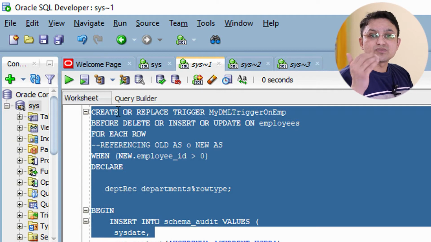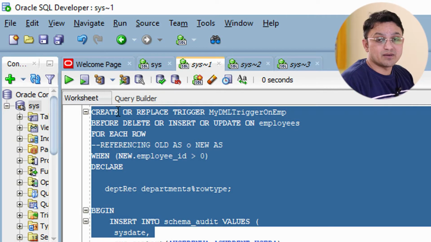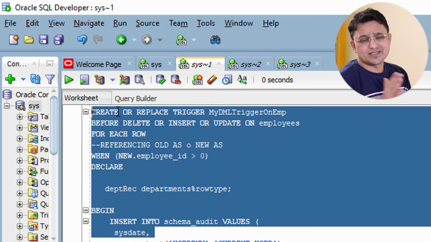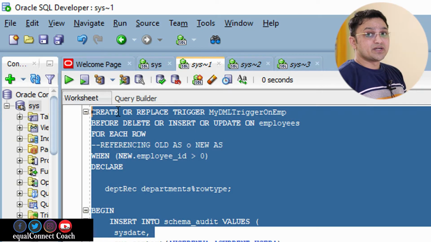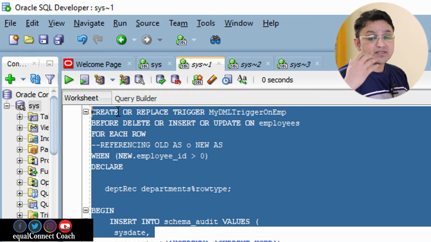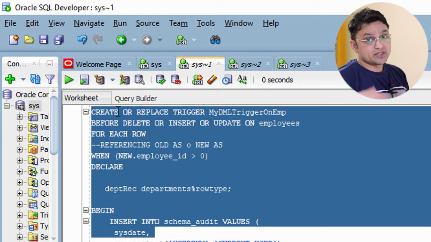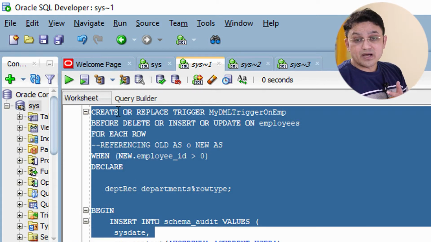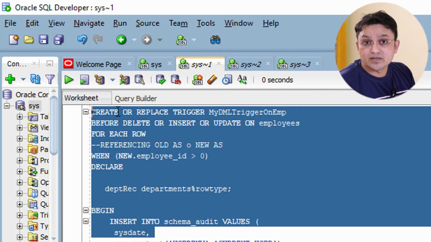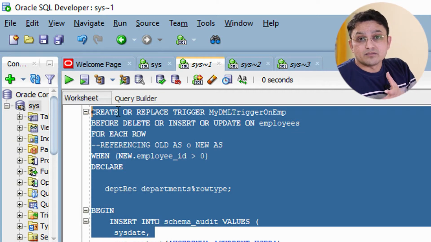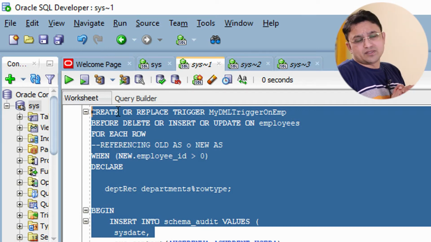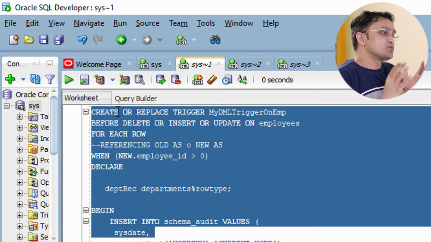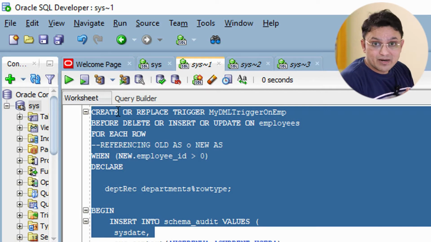Okay, now the second question that comes to your mind: why exactly do we require the DML trigger? So guys, there are a couple of reasons to write the DML trigger. The very first reason I can see is that I wanted to monitor all the DML activity on a certain table or in my database. So this could be one reason. Another reason could be that I wanted to do some automation, or I wanted to see some DML activities on some table. So this is one of the reasons. Many reasons are there in order to write the DML trigger, guys. So that is why exactly we require the DML trigger.